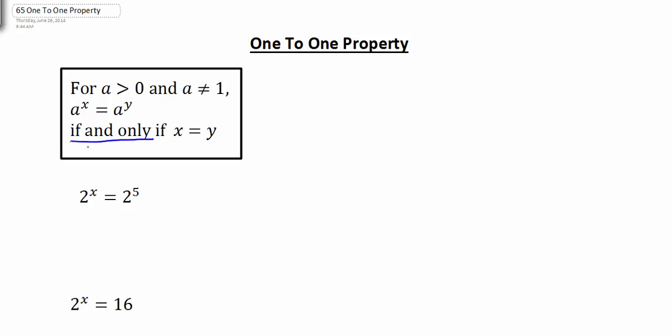Okay, and again, I want to talk about if and only if. We've mentioned this before, but I want to emphasize what this means. Basically, this means that we can read this statement forwards and backwards. So in other words, if a to the x equals a to the y, then x equals y. That's what this statement says this way, but the if and only if means we can read it the other way,